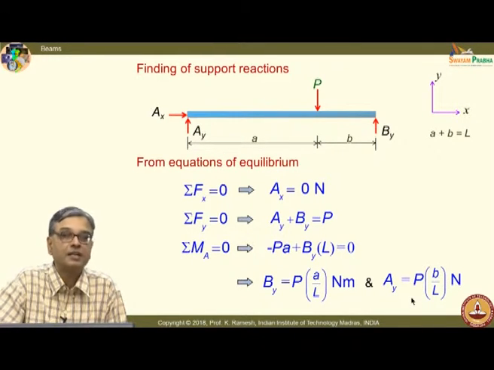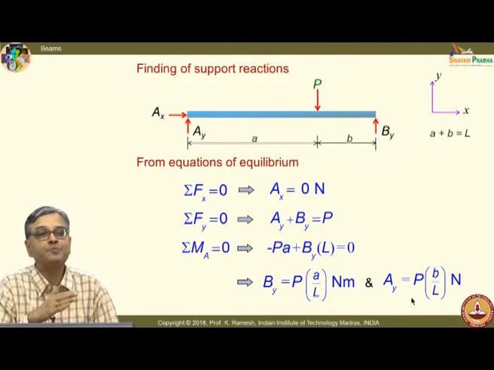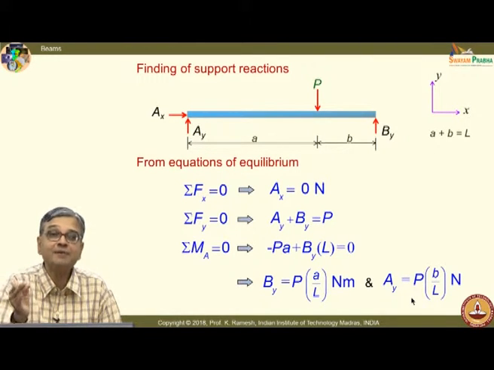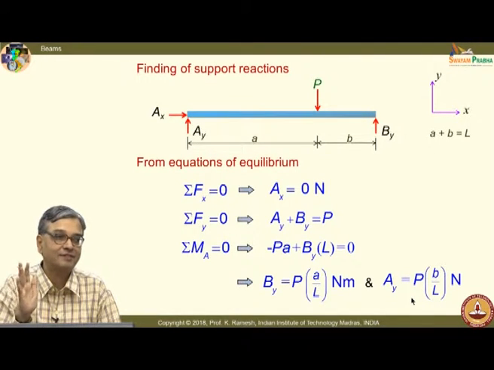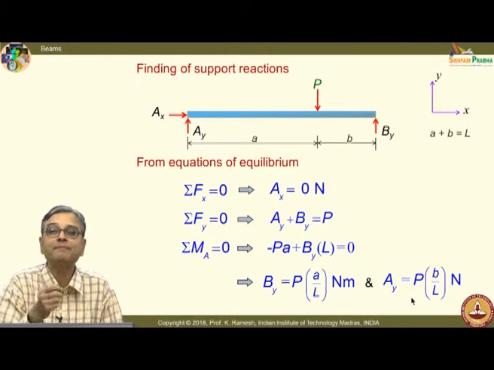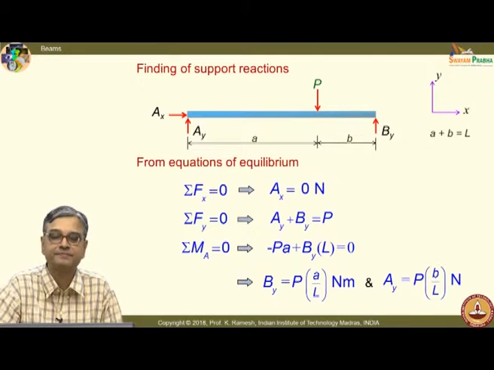Newtons. In fact, once you are experienced, you should be able to determine this reaction just by inspection. When you are learning it in the initial stages, you will write sigma Fx equal to 0, sigma Fy equal to 0, sigma M equal to 0. After solving 10 problems, you should be able to write them by inspection because they are very, very simple. Okay.